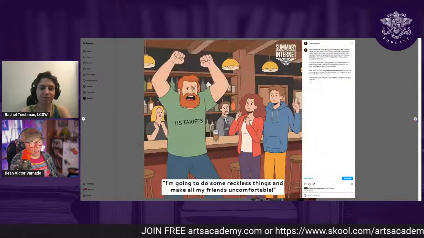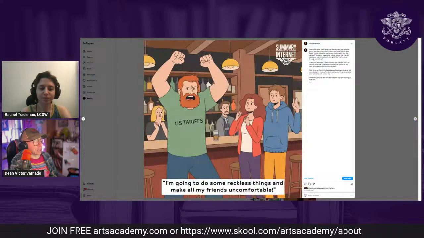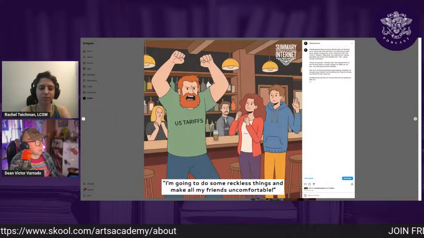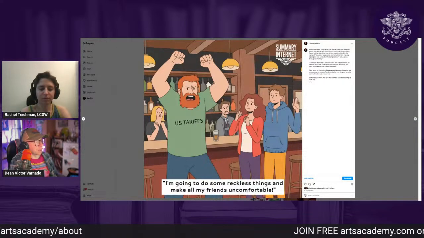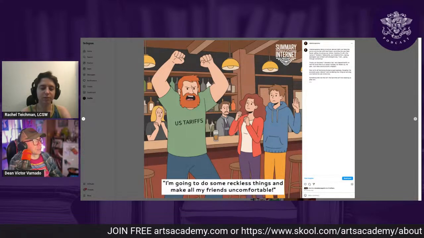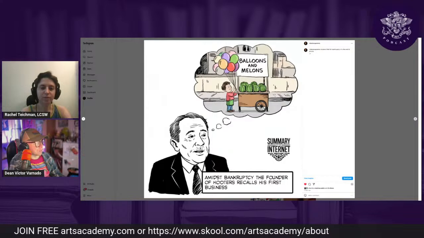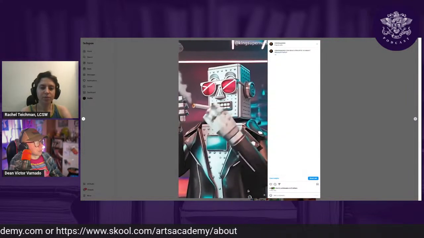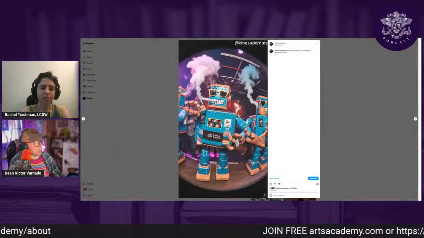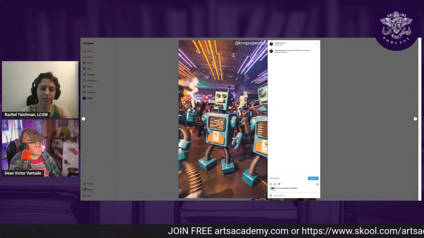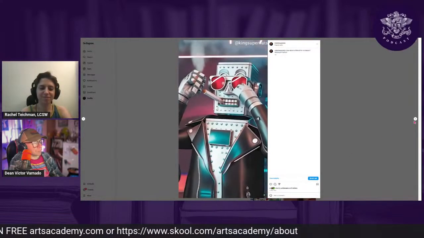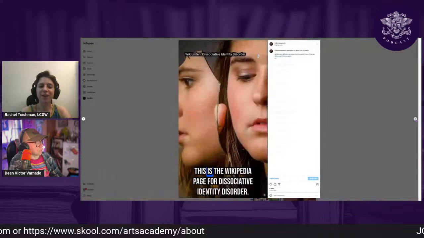Let's see. AI was used to help write and create this cartoon, which is about how Trump running around making tariffs all over the country makes me embarrassed, as if I have an unruly friend in a bar. Same thing with this one. AI helped make this one. This is just eye candy that was made by AI, where the AI made the imagery and the music. And then I was the inspiration for that one.